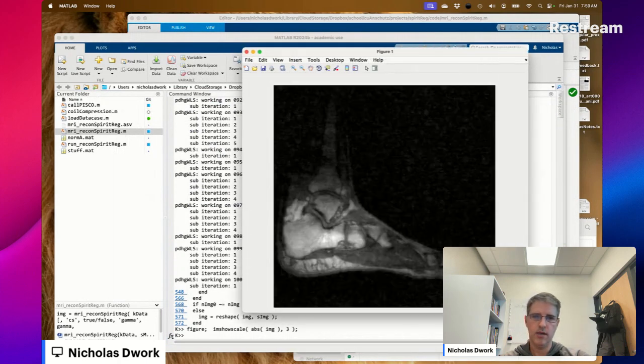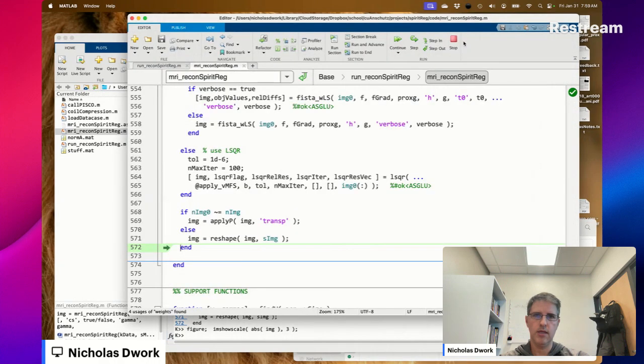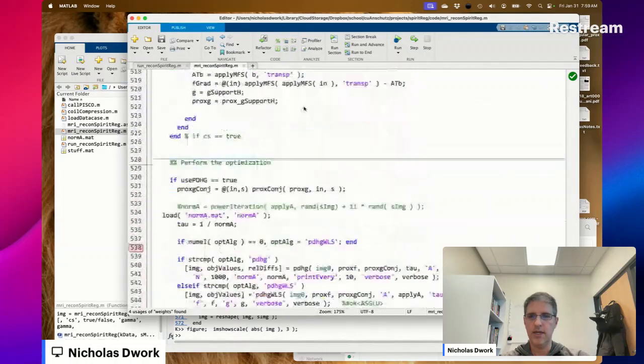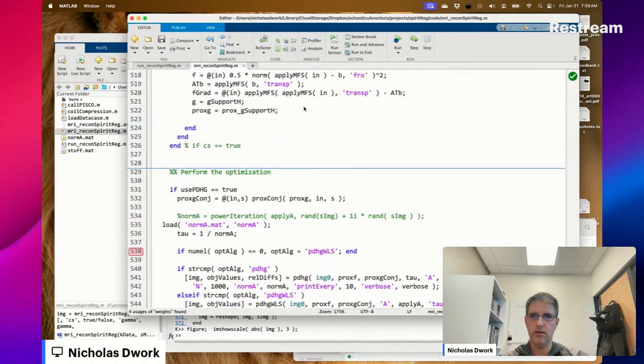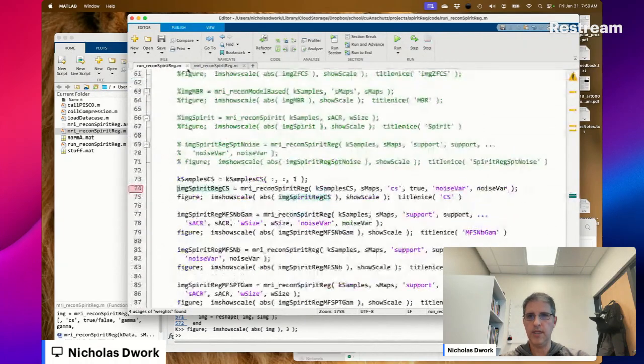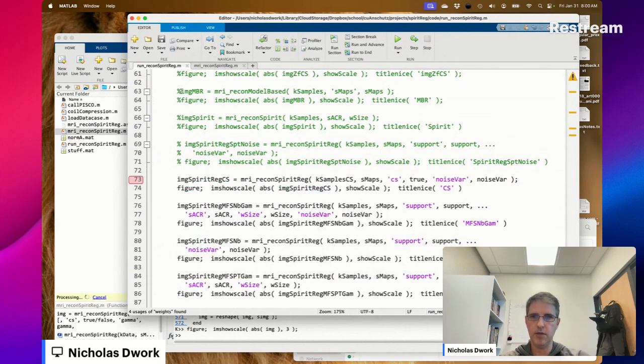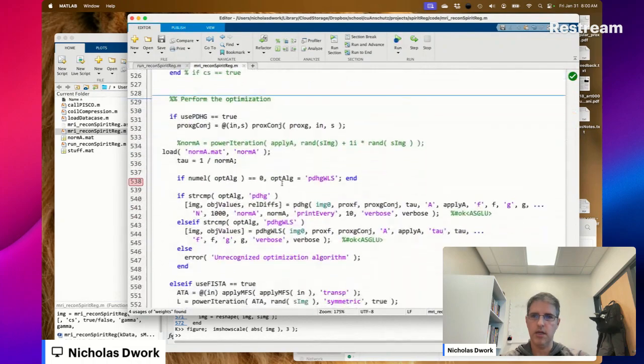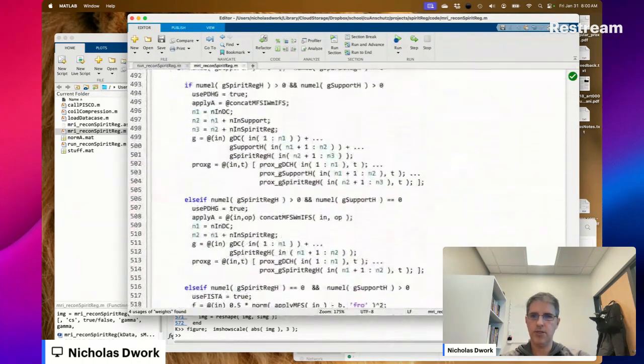Okay. This is what compressed sensing is getting us. Okay. So now we're going to go back and supply the sensitivity maps. We're going to use all the data from all the coils. And if compressed sensing is true,